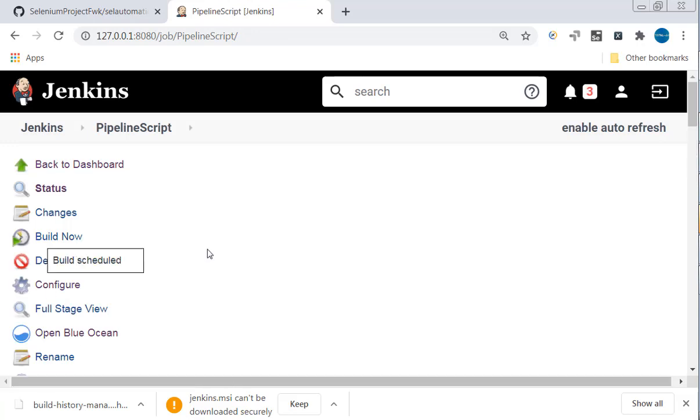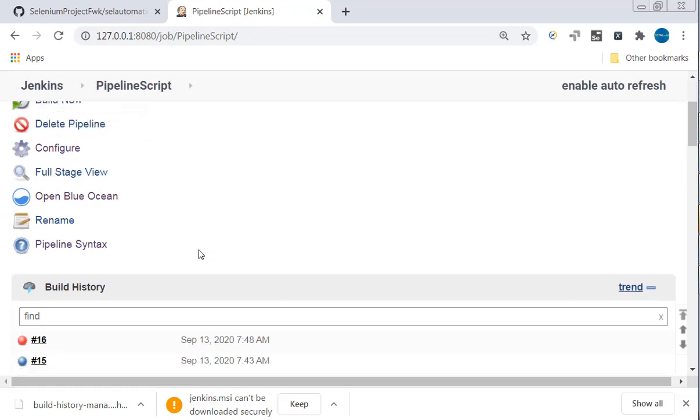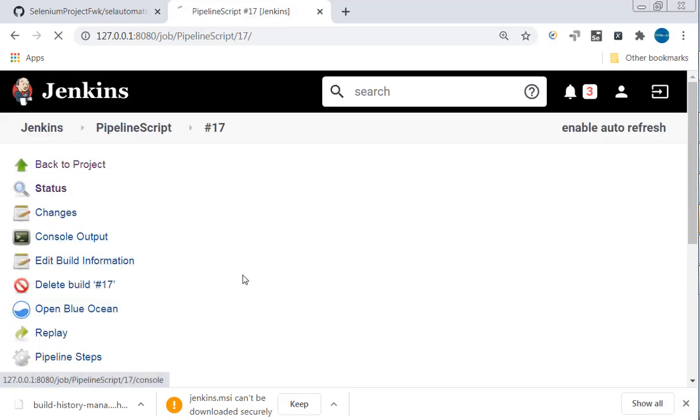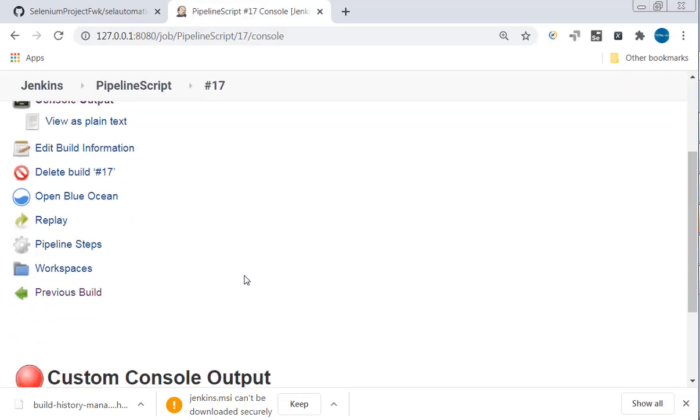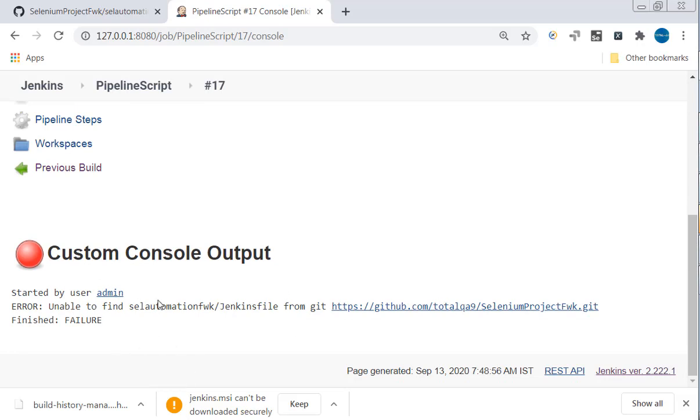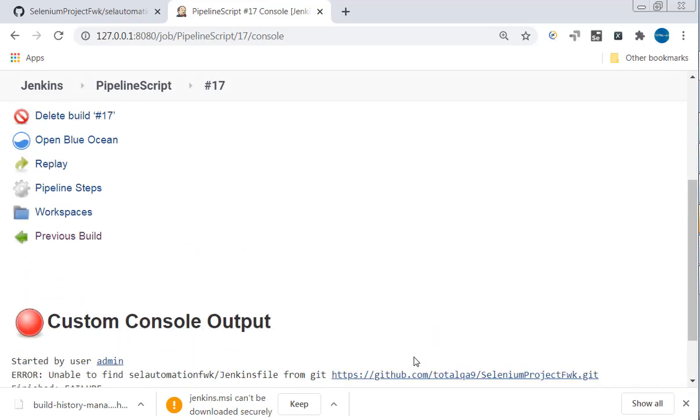Click on apply, save and re-trigger again. And let's see what the failure is again. So it is unable to find the Selenium automation framework Jenkinsfile from Git.